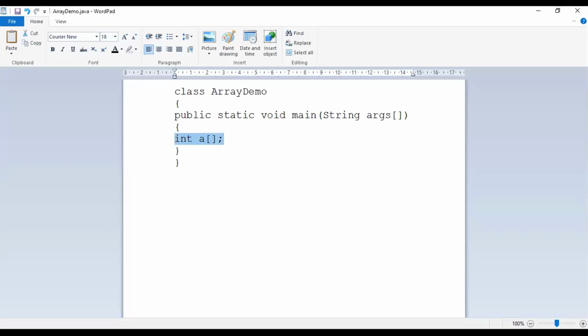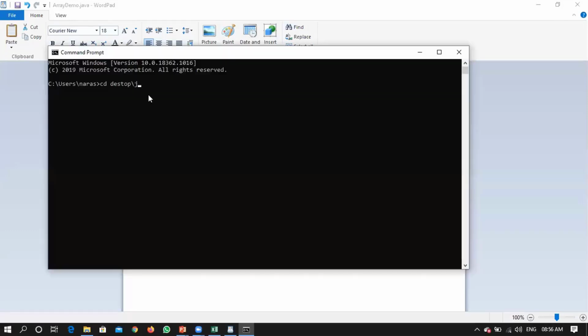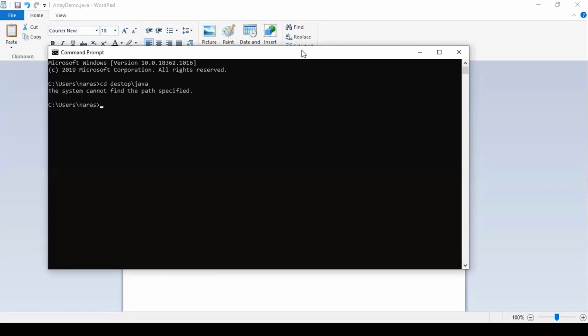So let me check what happens if I compile a program just by writing this instruction. No errors. Let us just cross-check. Will it show any error, or what is it going to display? javac, my file name is arraydemo.java.